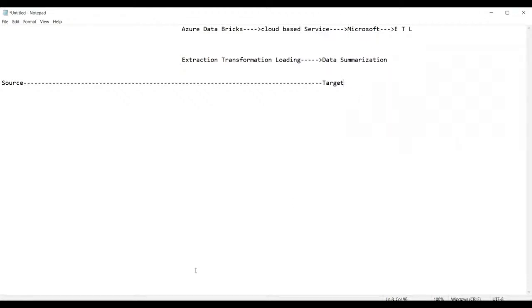Now, guys, what do you mean by source? What is a source of income? The place from where we get the money is called a source of income.